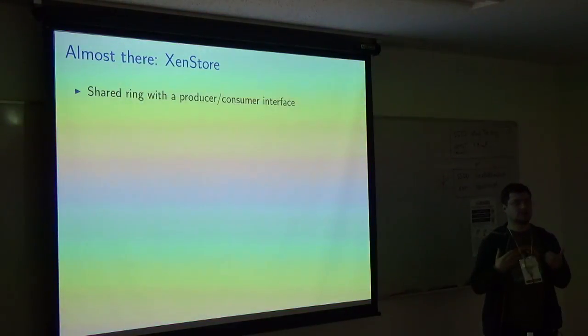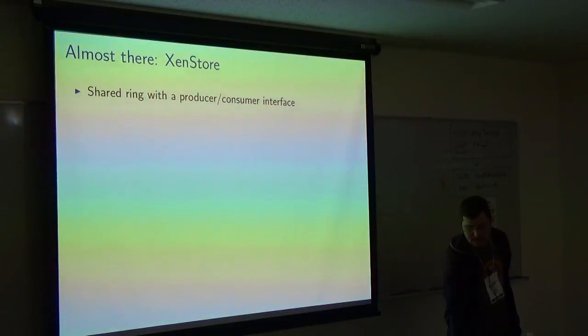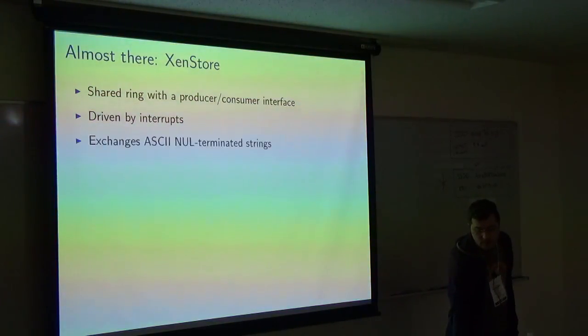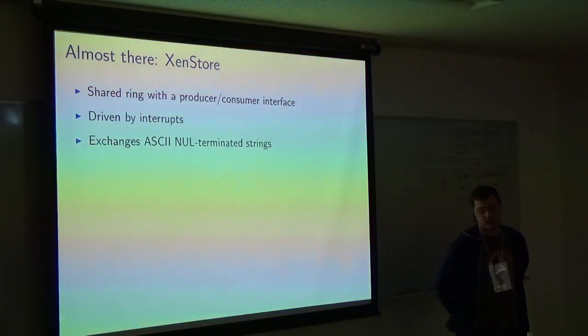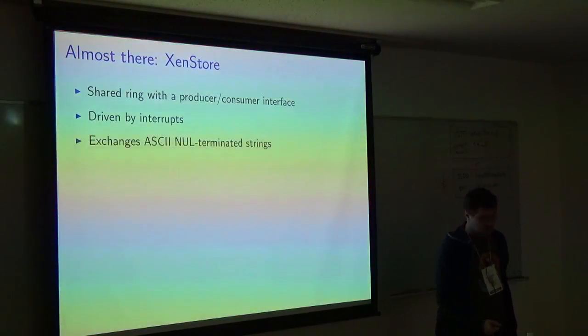It's essentially a 1 kilobyte contiguous buffer for input and 1 kilobyte for output with producer-consumer indices. It's driven by interrupts. We do support polling as well because we start up Xen very early. It exchanges ASCII null terminated strings, which is